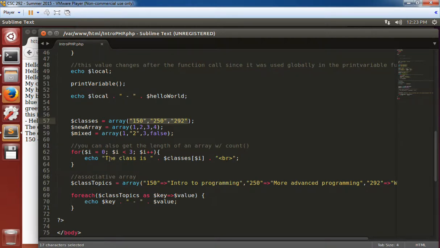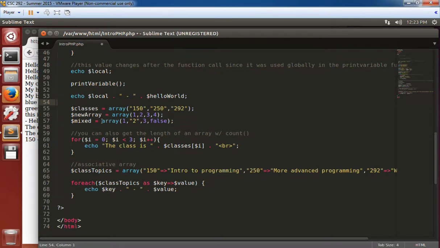With this one, I'll simply print the value. Like I've been doing previously, I have echo the class is, then I concatenate to that string the value from the element at this index. So we have the name of the array, classes. We use the square brackets, and then this value needs to be numeric to access that index. It needs to be positive. We don't have negative indexes in an array, and it needs to be within the number of elements that we have defined. So we have 3 elements for this array, so the only possible index values we can have are